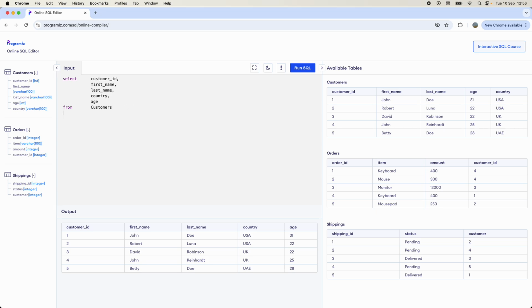If we'd like to filter, which is also super simple, let's say we only want to know customers who have an age over 28. So we only want to return John and Betty Doe. And we will just say, very simple, the where clause is your filtering clause, and we can use the where clause to just filter on any given field, like age. So we can say where age is greater than 25, and let's say we only care about